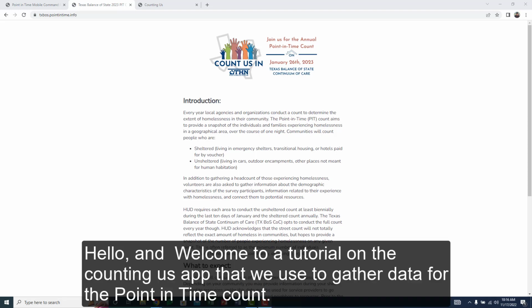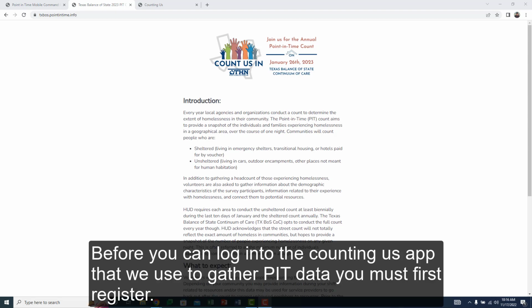Hello and welcome to a quick tutorial on the Counting Us app that we use to gather data for the point-in-time count. Before you can log into the Counting Us app that we use to gather PIT data, you must